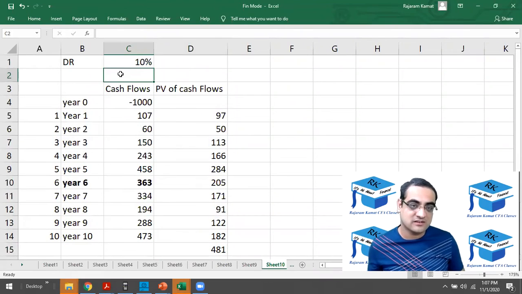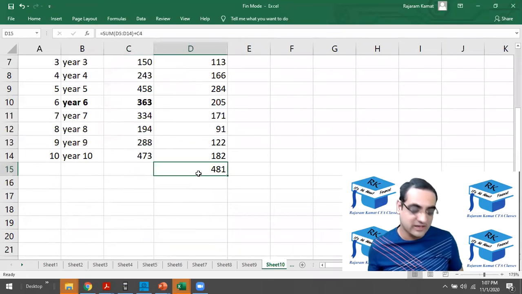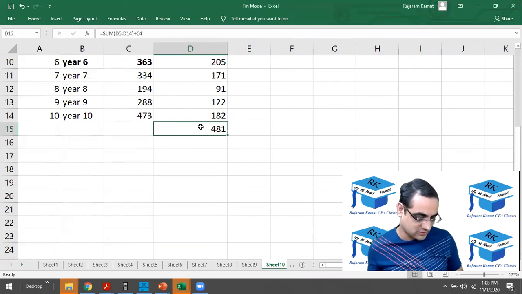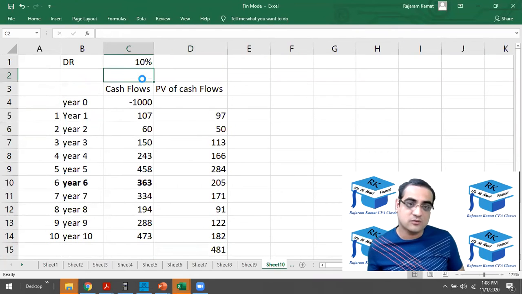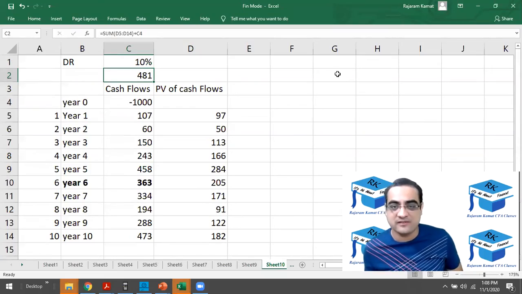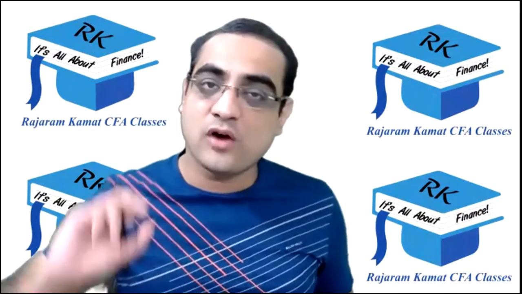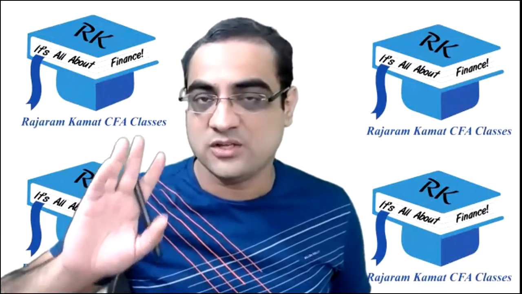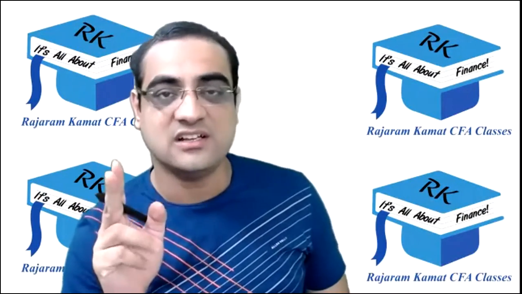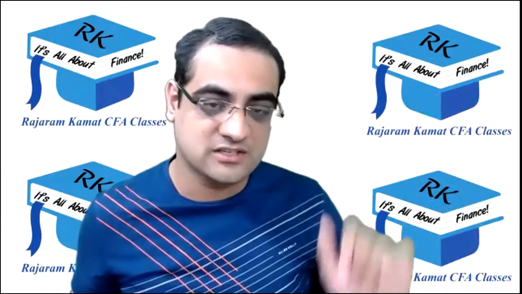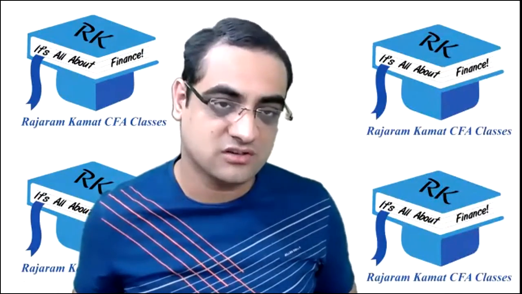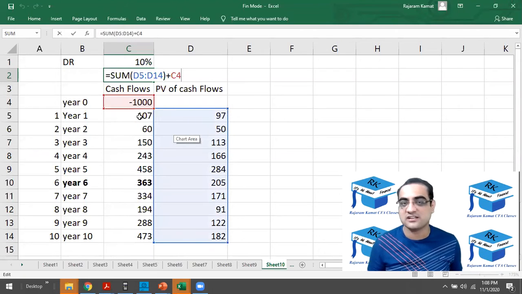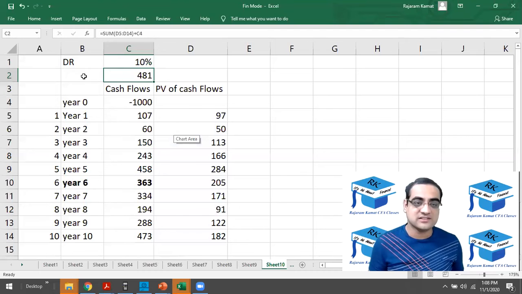So the NPV. By the way, I just press Control X from here and Control V over here. I'm not able to do that actually, I don't know why. Okay, so when you do Control X and Control V, I repeat, the formula automatically gets copy pasted. The data ranges are all automatically maintained. That's a beautiful function of Excel where your data ranges don't change. Let me just show it to you. The data ranges wouldn't have changed. Look at it. It's still adding the present value of the cash flows and subtracting the initial cash outflow. So this is the NPV.